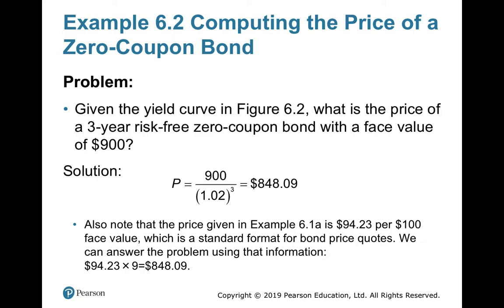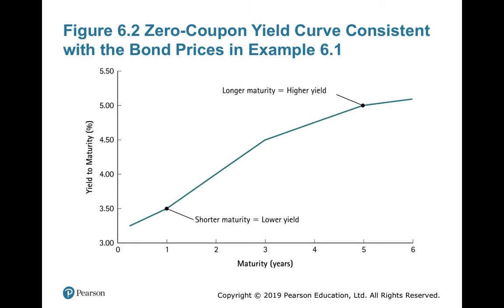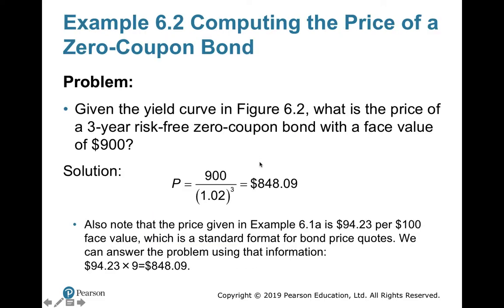It's a mistake here. The rate of return is not 1.02, it is 1.04. So 900 divided by 1 point, not exactly 04, around 2 years, 3 years means somewhere here, 4.25%, to the power 3 is equal to 849.09. So this is the way we calculate. Formula is future value, that is 900, divided by 1 plus r to the power t. T is 3 years here. R is to be calculated from this yield curve.